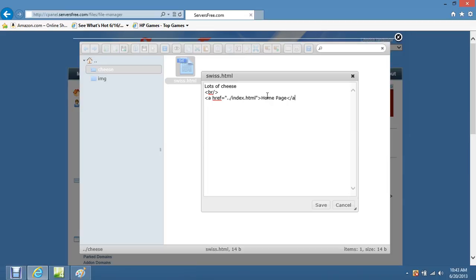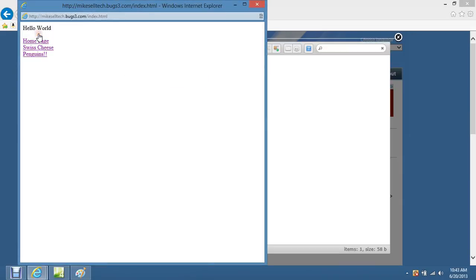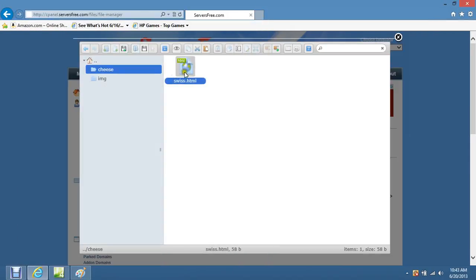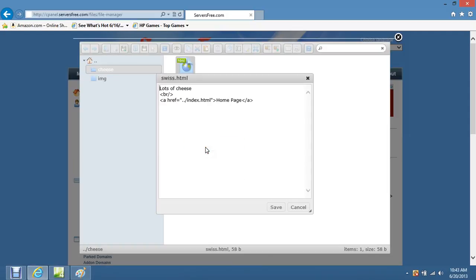So I'll prove to you that it works real quick. To hit save, open it up, go to the home page, and we're back to the home page. Pretty cool. Also works when trying to get to the Penguins page. Since we cannot directly link over, let me show you what happens if, for example,